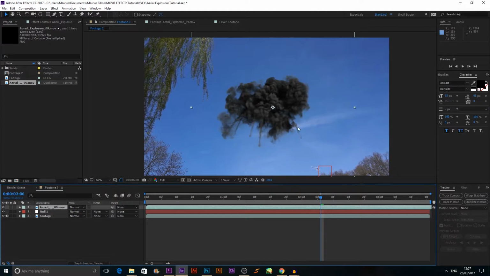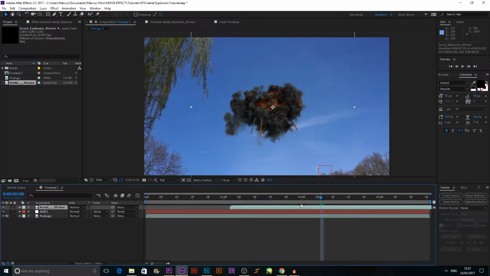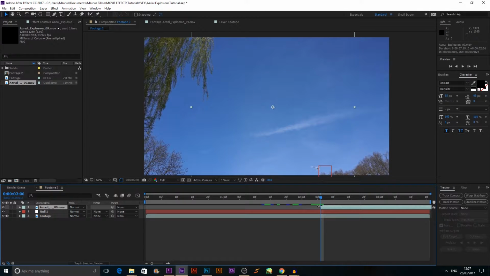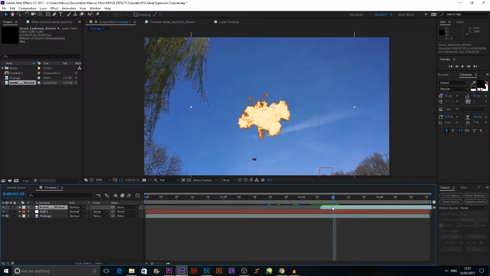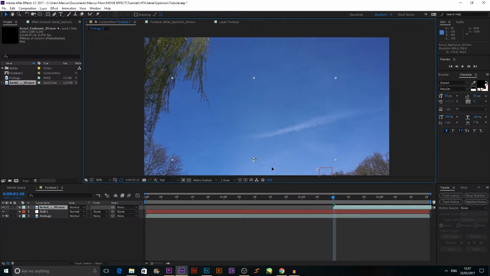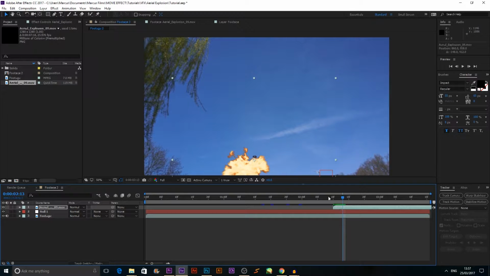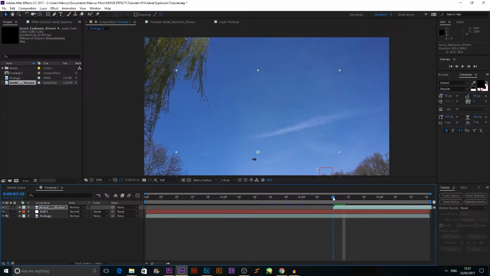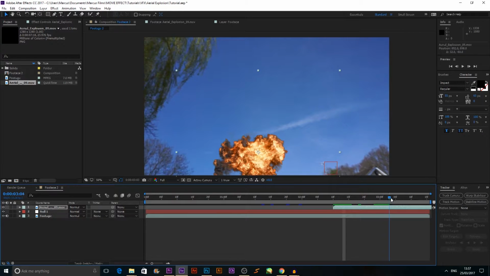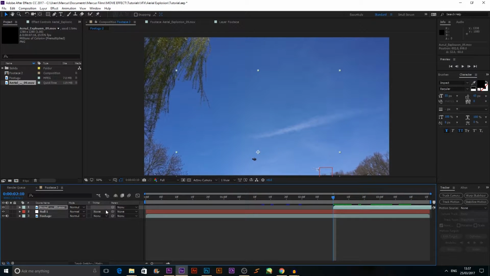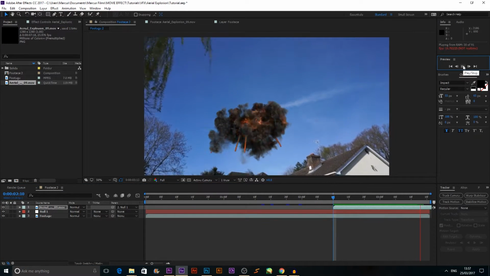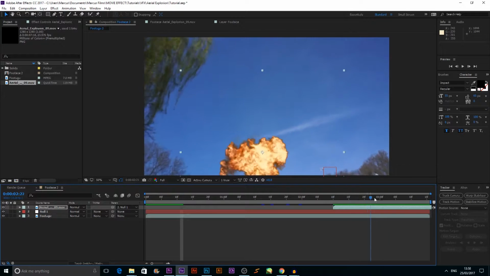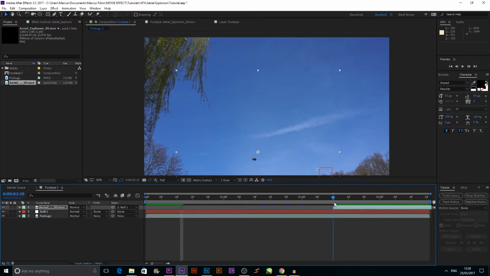So I have an aerial explosion here from Video Copilot's aerial explosion pack. I'm just going to move it to start around there where the grenade is, and then we'll just move it so it looks like it's coming from the grenade. Move it up a bit, and we're using it to actually cover up the grenade as it falls back to the ground. So then we can just whip this onto the null, and it is now parented like so,